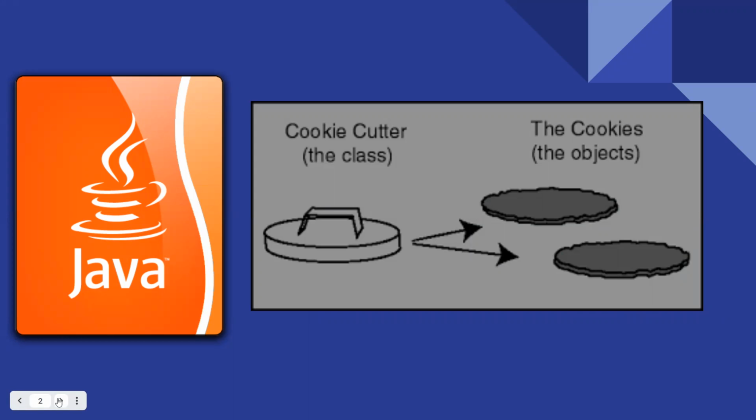But if you correlate with an example, for example, we have the cookie cutter and the cookies. We are going to create cookies in a circular shape by using the cookie cutter, which will make the different cookies. If we correlate with classes and objects, the cookie cutter is considered a class, whereas cookies are considered objects. Some parameters and some methods will be attached to the cookie cutter, and some parameters or methods will be attached to the cookies level.